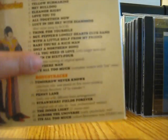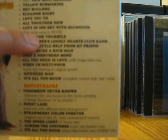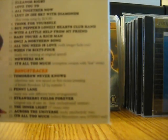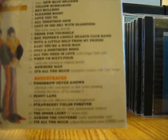There's some unreleased mono mixes, including a version of Lucy in the Sky with Diamonds with Bob, the actor who did the voice of Bob in the Yellow Submarine movie. He did the singing of the first verse, but if you listen to the first verse, it's different from the one on the Sgt. Pepper album. The lyrics are different,